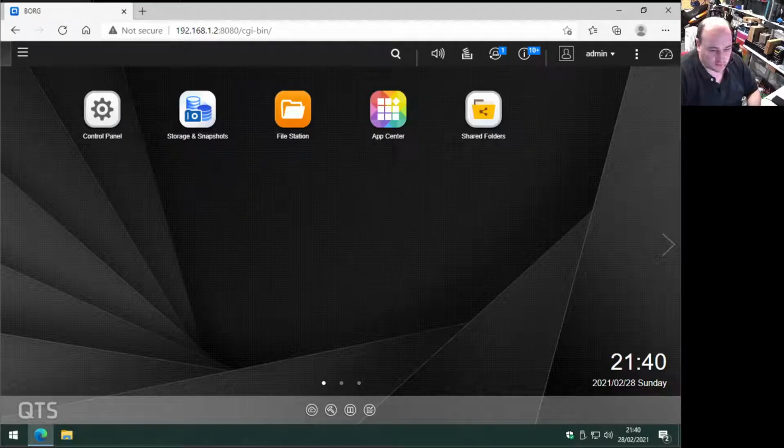Okay, so tonight's project is going to be to attempt once again to expand the storage on my QNAP main storage device at home. I tried to do this once already, but it failed horribly, and I spent a couple of days recovering the volume to the point at which I could make sure I had a decent copy of the data before I tried again. So the QNAP I've got is a TS-873,